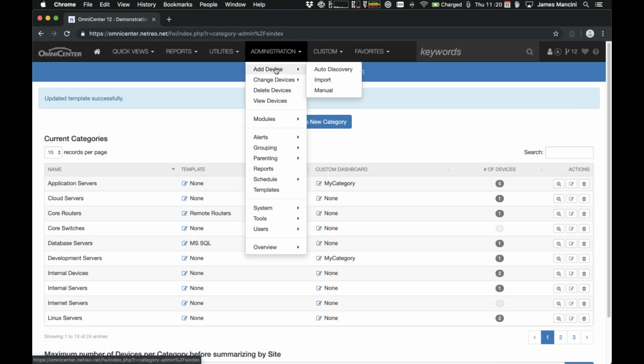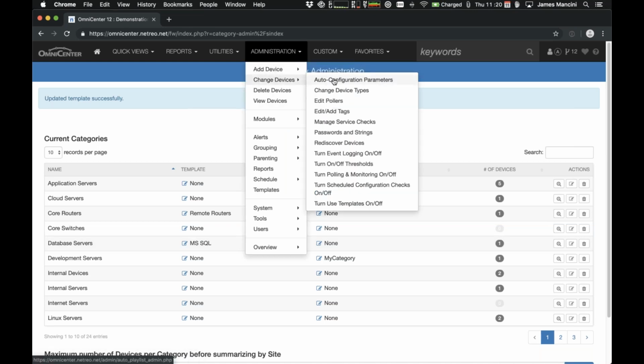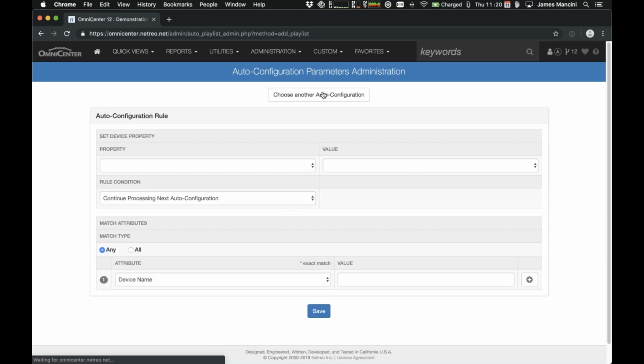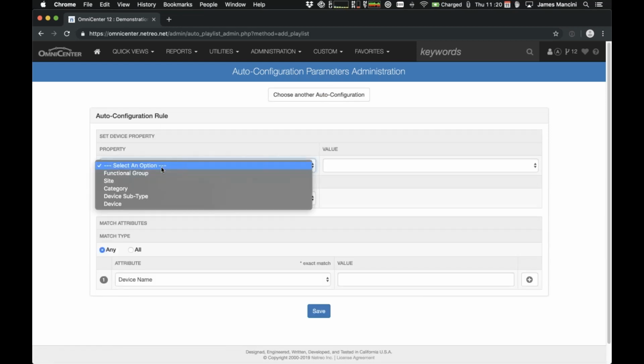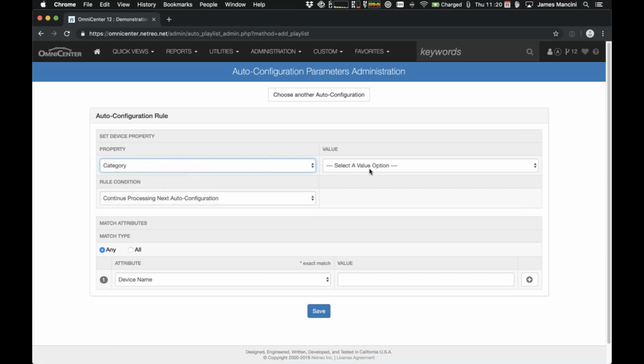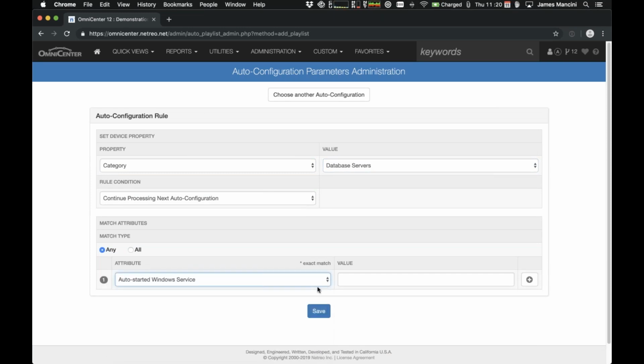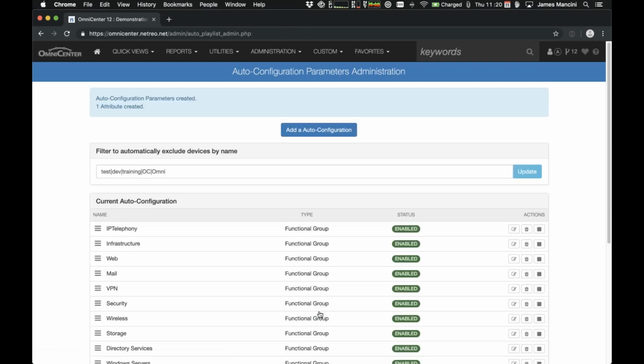Now all I need to do is make a rule that says that when a new device is discovered that's running a SQL process, go ahead and put it in that group. I can create that with one of these auto configuration rules. By creating an auto configuration rule and saying that I want to set this to be category database servers for any time I have an auto started Windows service that matches SQL,